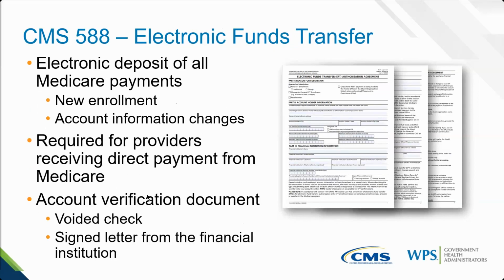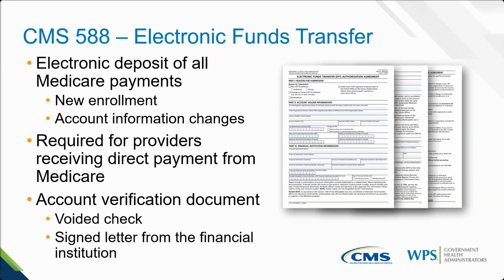Next to this is the CMS 588. Again, this is going to be for your OTs, PTs in private practice and those groups that are being set up. In both cases, the 460 and the 588 do not need to be completed on group members, because those group members are going to follow suit with how that group or organization was set up. So this establishes the electronic payments. It is required. Medicare does not issue paper checks unless they were grandfathered in before the creation of the CMS 588, which Revalidation has really cleaned all of that up. Nobody should be receiving paper checks.